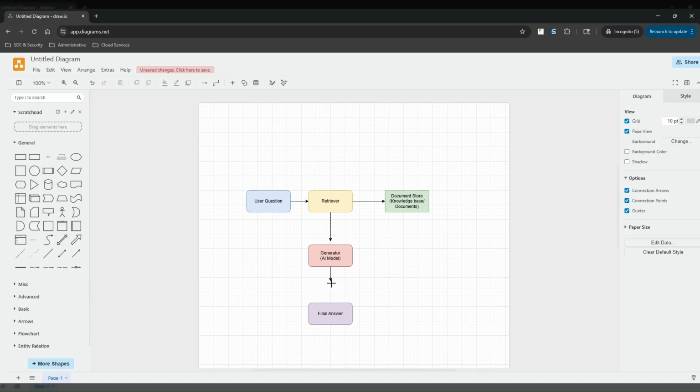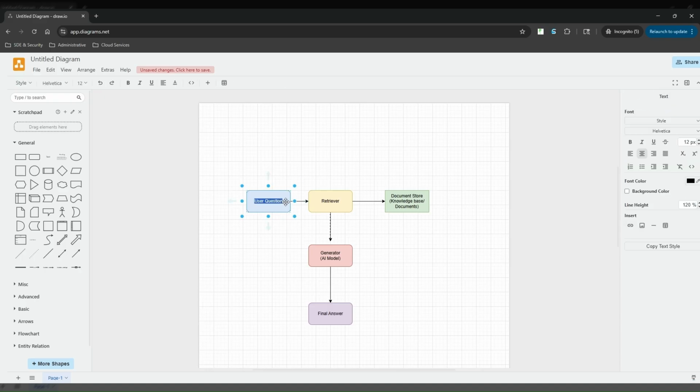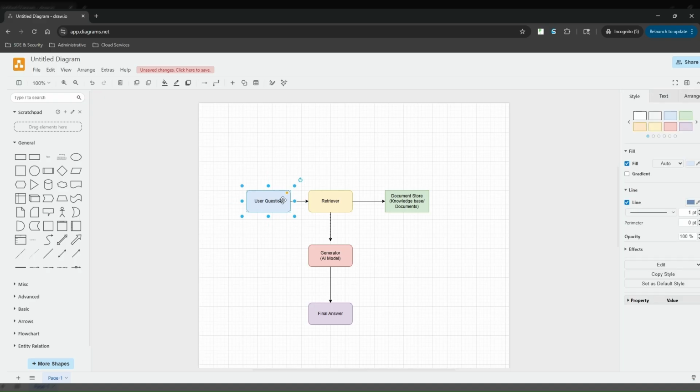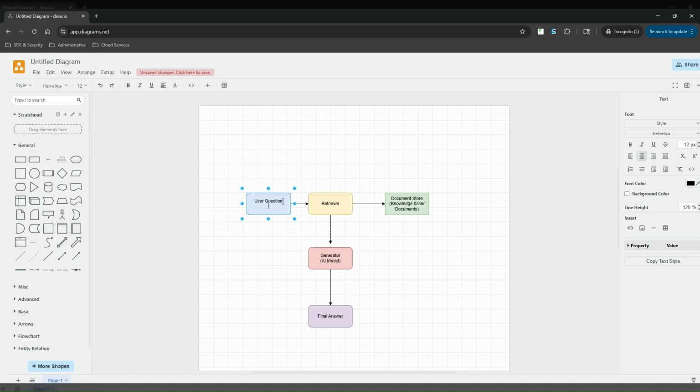All right. So now, as you can see in the sample diagram, you can see the user question. Now, from our previous example, if the user were to ask something generic, the AI will be able to find it because it's general information. But if the user were to ask something specific, for example, you're working for a company like company XYZ, you cannot go online to ChatGPT and ask,